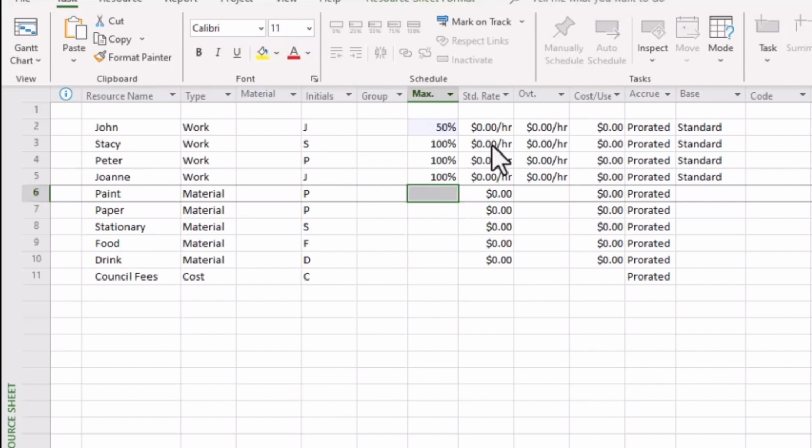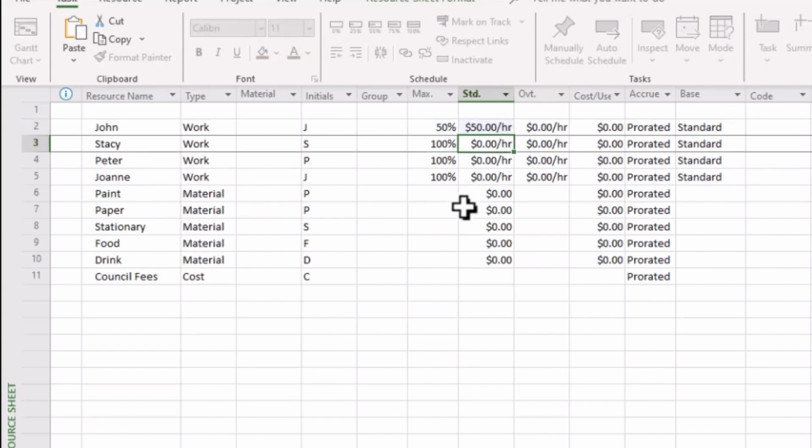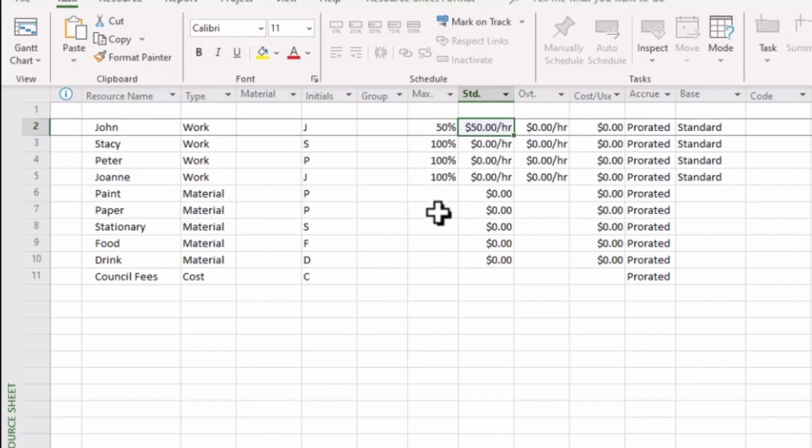Now the next column deals with their standard rate. So if their contract or their employment conditions say that they're on $50 an hour, this is where you'd place that condition. That's quite straightforward. OVT stands for overtime.